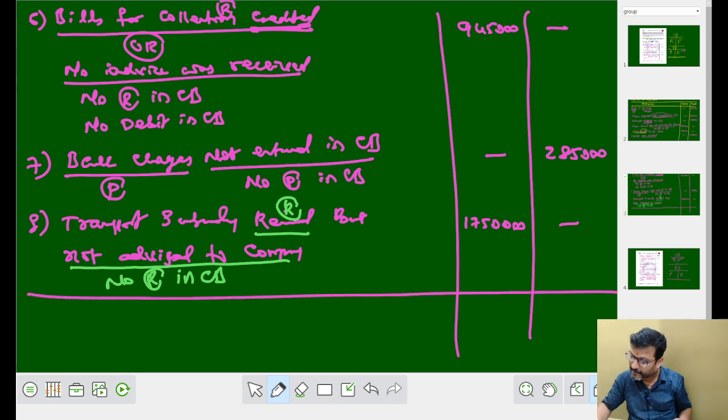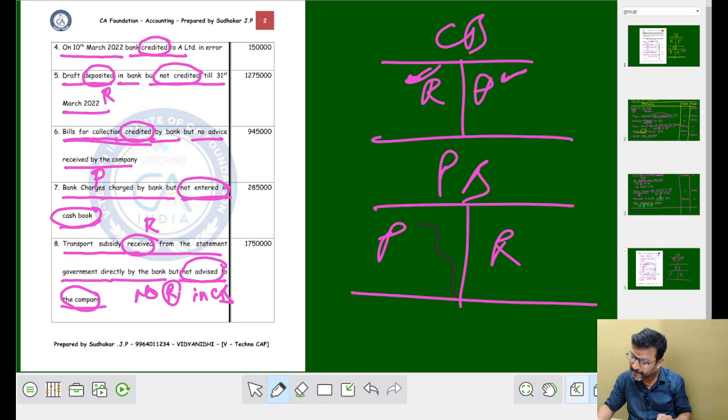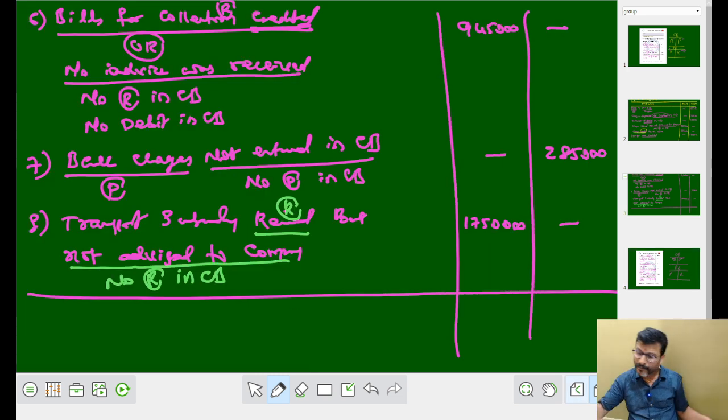This completes, I think, all the points of the problem, right? Now we have to find out the total. Work out the total of all the debit side. It comes to 36,20,000. Please check it out. 36,20,000. Credit side: